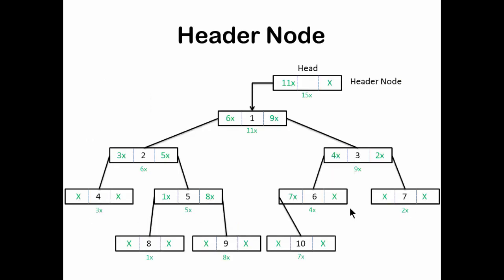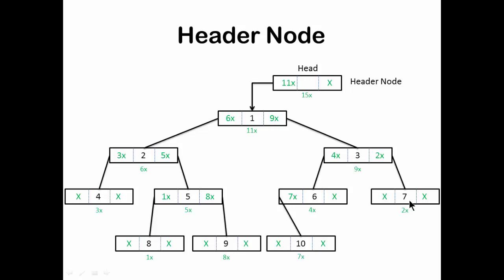This is one of the variations of the binary tree. You can identify that this is all the same as we had seen previously. Only one node has been added extra into this, and this one node is called the header node. The basic job of this node is that the left pointer of the head points towards the root. So sometimes you may need this header node to point towards the root. Sometimes you may use this dummy header node as a sentinel, where the last nodes, instead of pointing towards the null pointer, point back to the header node, just to tell you that this is the last node of the tree and after that there is nothing, so it points back to the header node.